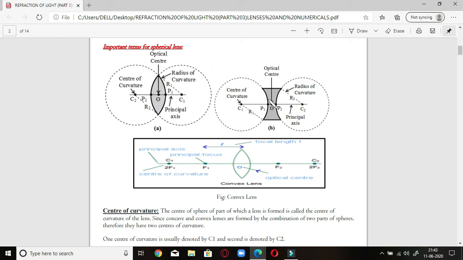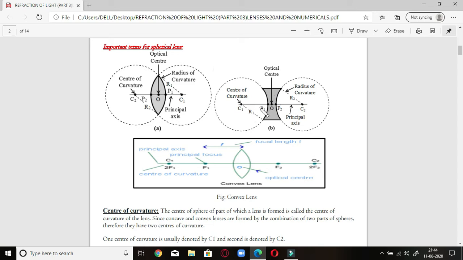And if you look here, in the case of a concave lens, which is thicker at the corners, this is formed when we consider the edges of the two lenses together. When we take the edges of the two lenses, they don't intersect, but we also find that a concave lens is formed. This is the optical center of the concave lens, through which an arbitrary or imaginary line passes, joining the two centers of curvature C1 and C2. These are the centers of curvature of the two spheres of which this lens is a part.